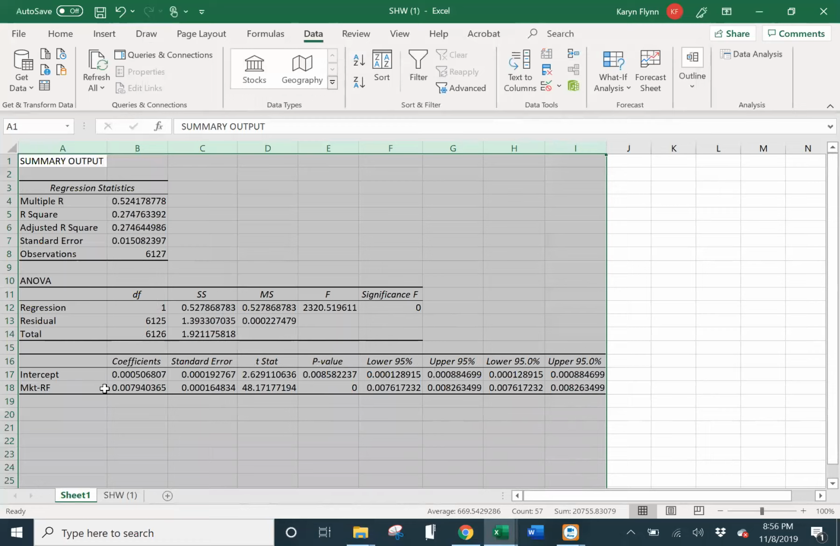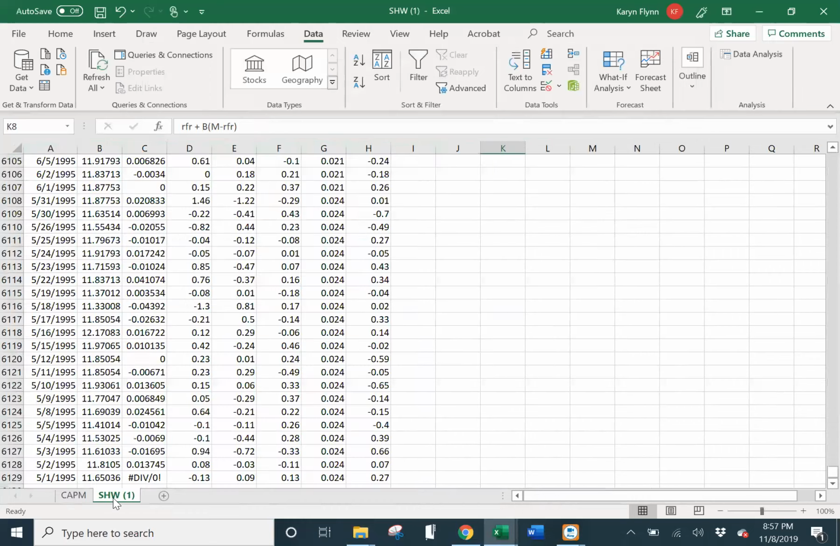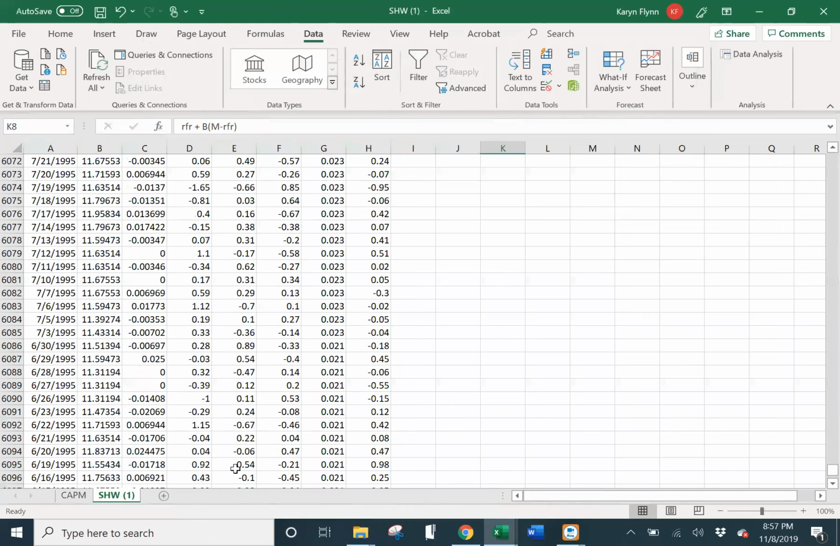So we've got that. And this is the CAPM. I'm going to change that down here to CAPM. So we got that. Now we're going to go back to our original page. And now we're going to do the 3-factor. We're going to do the same thing,